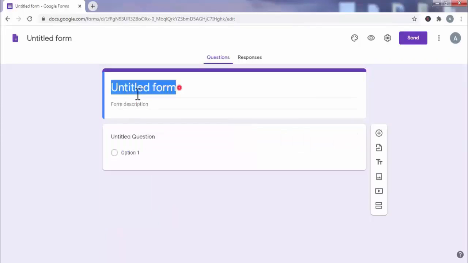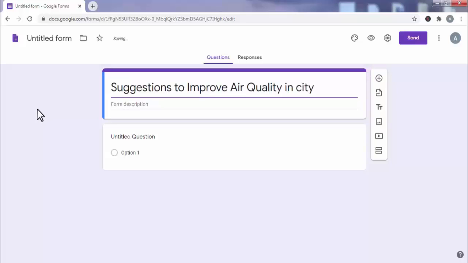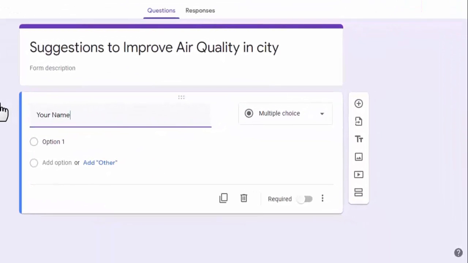Now here we will give a title to our form. After giving the title, add a question. Now from here add a format to your question.